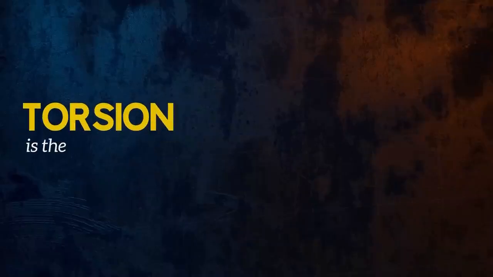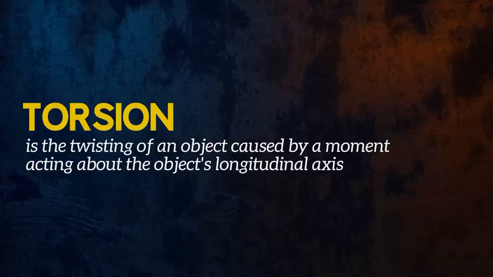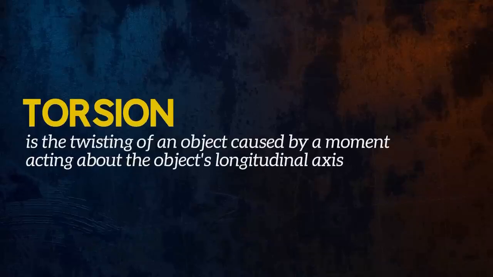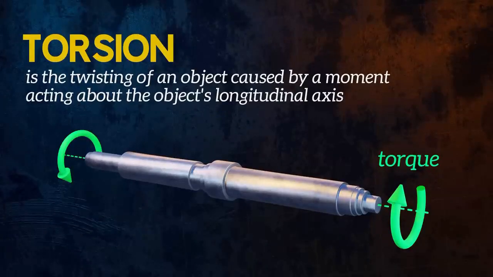Torsion is the twisting of an object caused by a moment acting about the object's longitudinal axis. It is a type of deformation. A moment which tends to cause twisting is called torque. A common example of an object subjected to torsion is the transmission shaft, which is used to transmit power by